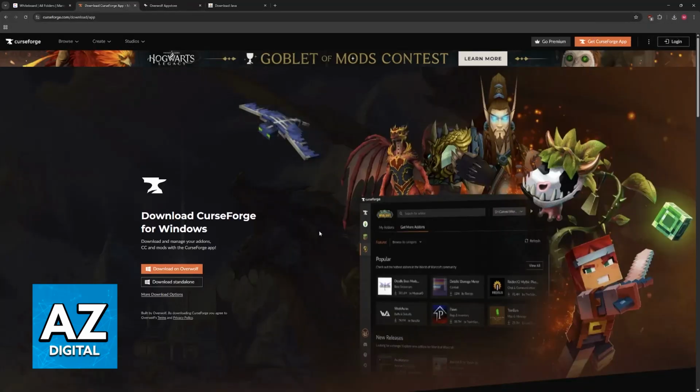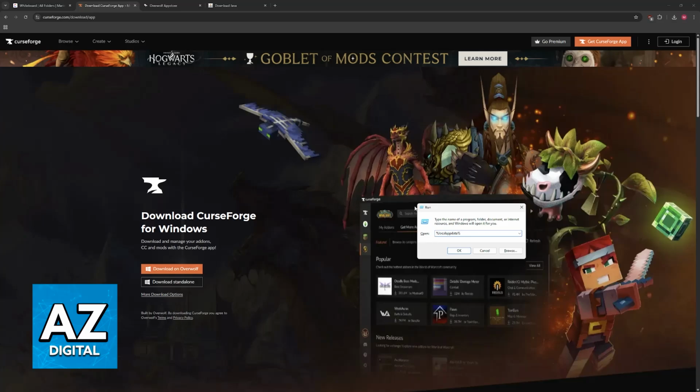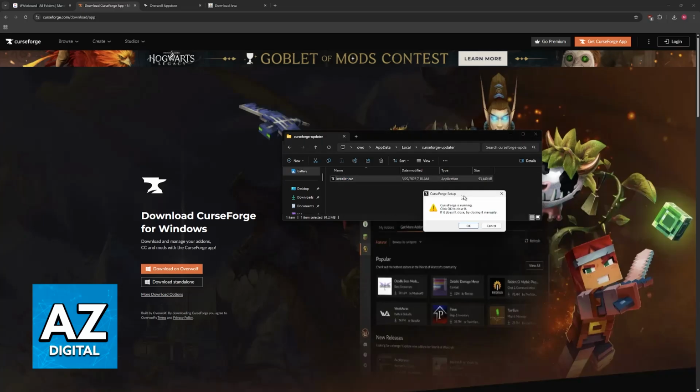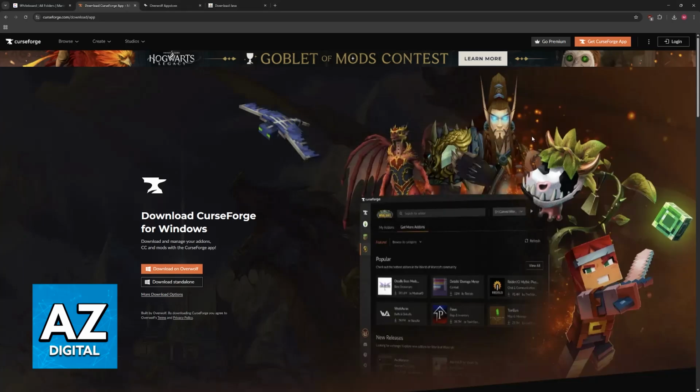If you download it standalone, then you should be able to get it to work using only the CurseForge installer. But if it isn't launching, like the title suggests, then what you can try to do is press Windows plus R or look for the Run window. Now type %localappdata%, click OK, and then scroll down. See if you have the CurseForge updated folder. If you do, launch this installer.exe file. Of course, I already have CurseForge running, so for me it just gives an error, but for you it should launch the installer as usual. And now you will be able to proceed through all of the steps to get this done.